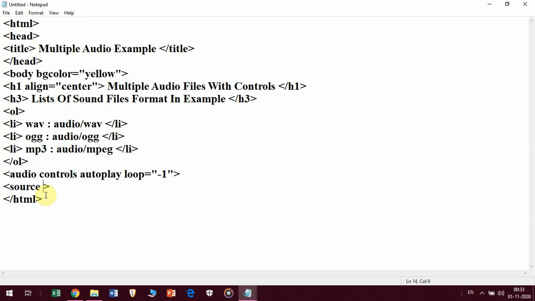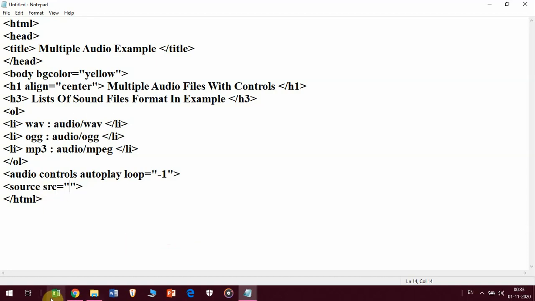So source src is equal to, into the double quotes. Now into the double quotes, whichever file we want to be added as an audio file, that we will paste.